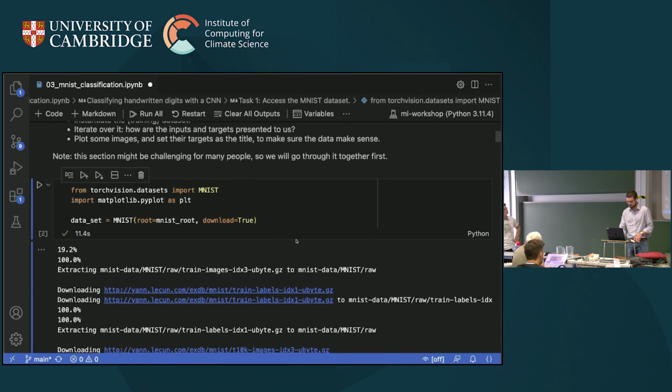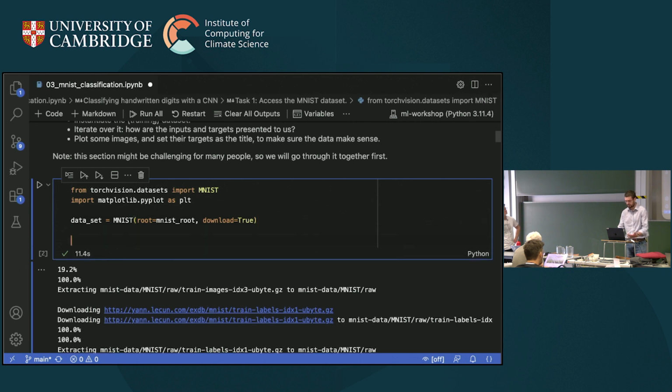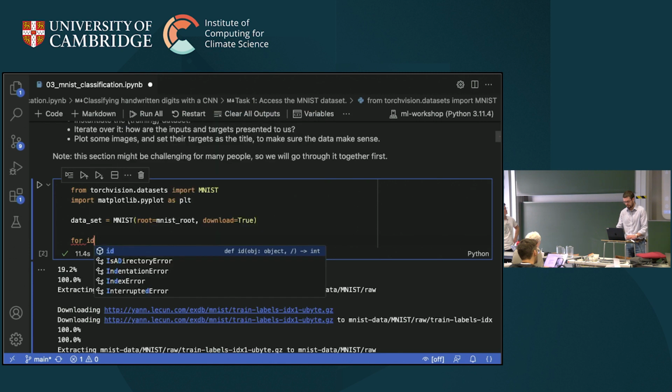So first of all, now that we've got the MNIST dataset, I guess the first natural thing to do is look at the data and say, how are they given to us? So we can just iterate over it by saying for, let's just say image, target. So this dataset contains, like I said, 70,000 items, and we don't want to print 70,000 items, we only want to print a few. So let's just say we can print,